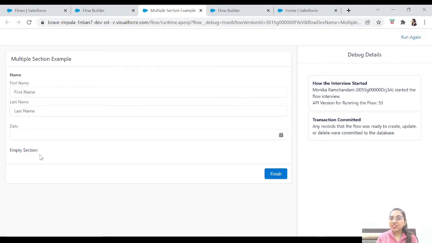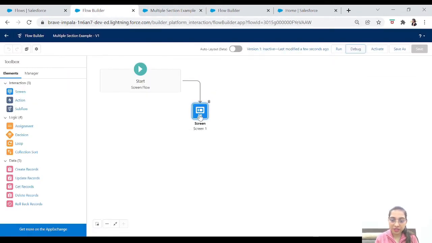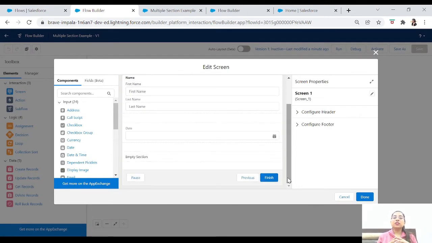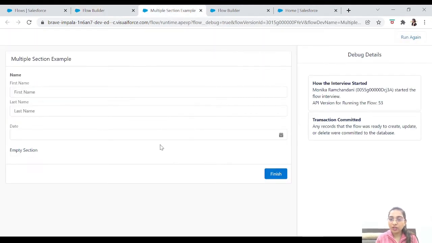So these are the three sections that we have added in our flow. Now you can see that we can add as many sections as we want in the flow. Now let's go back to Flow Builder and our screen flow. Let me tell you what the main purpose of these sections is. If you look at this output, there's no section visibility, and we can't identify that there are three sections. If someone sees this page, they will think it is just one section in which the name is there, the date is there, and a display text is there.